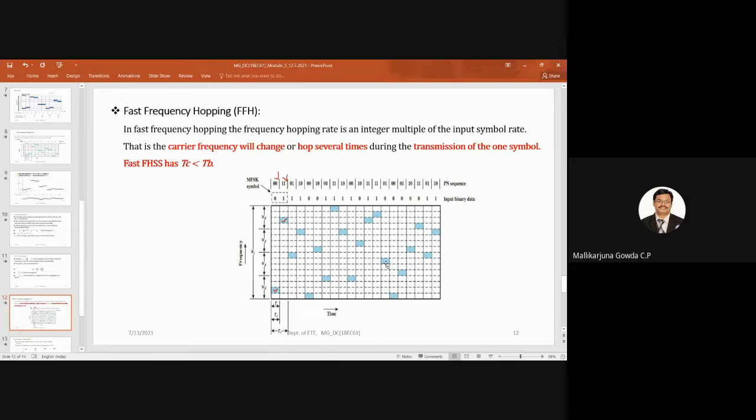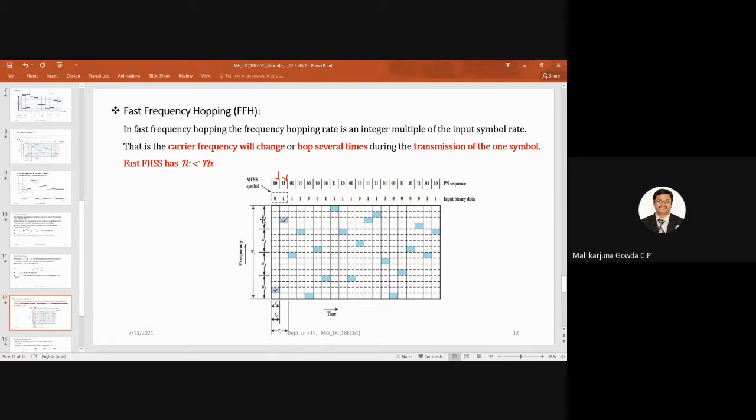So I said here 2 bits is one symbol. With respect to that, you can make this vertical axis. Now I said 0, 0, 0, 1, 1, 0 and 1, 1, like that. It keeps repeating. Then for the hopping, the PN sequence, I have also taken only 2 bits here. So with that, I have 4 hopping frequencies, that is for 4 symbols. For 4 symbols, 1 hopping frequency each, right? FC0, FC1, FC2 and FC3.